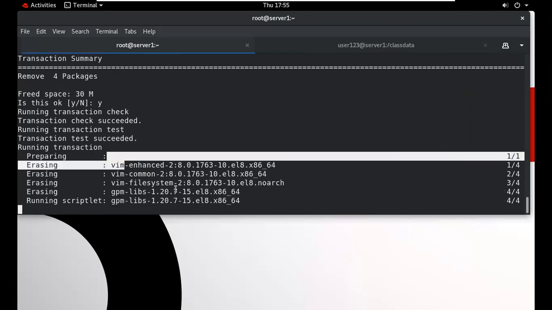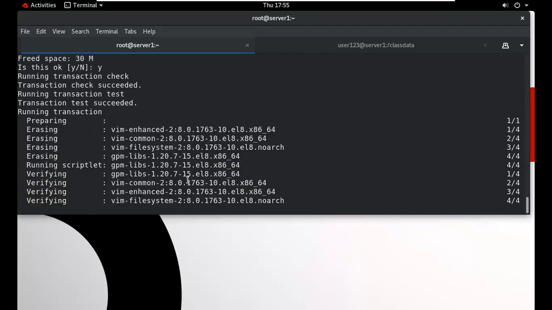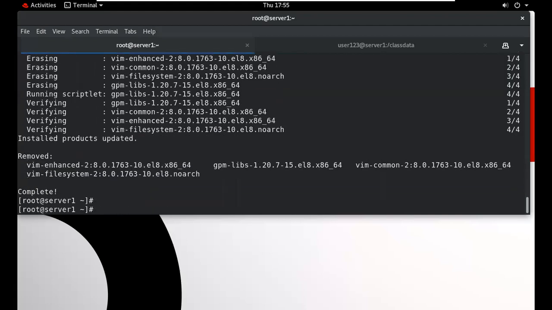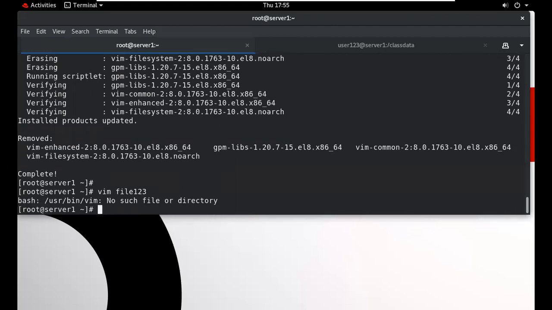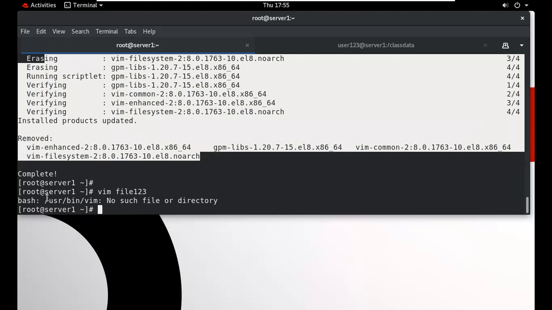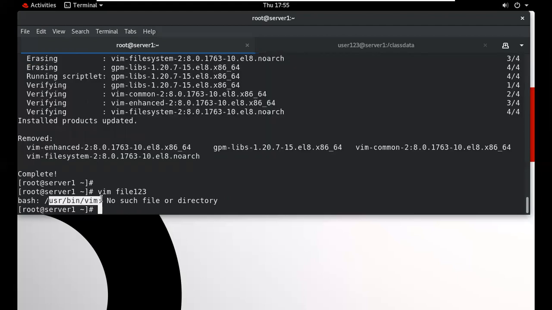So now you can see, at this time your vim command does not work. We want to open this particular file again. What does it say? In this particular shell program, there is no option of vim. It goes to this location, and there is no vim because I have removed this package. So there are no options related to this particular command.